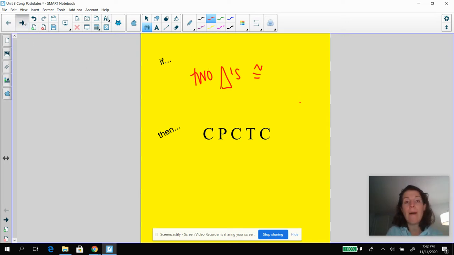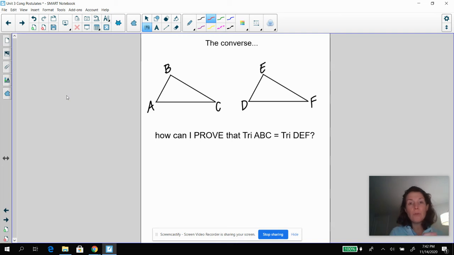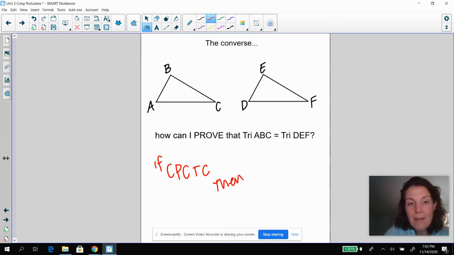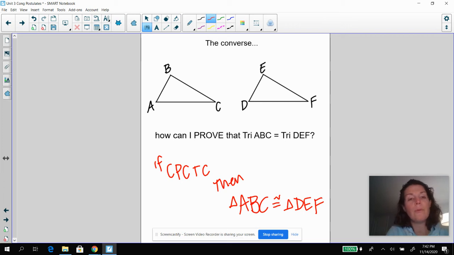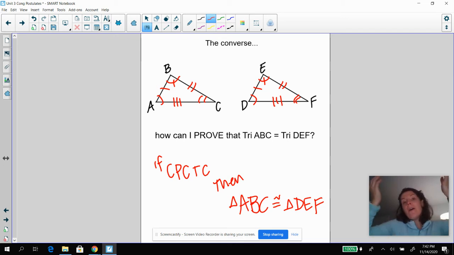So now we're going to talk about the converse. So before it was if two triangles are congruent, then CPCTC. So the converse of that would be if CPCTC, then triangle ABC is congruent to triangle DEF. So if I can prove AB is congruent to DE, BC is congruent to EF, AC is congruent to DF, and angle A is congruent to angle D, B is congruent to E, and C is congruent to F. If I can prove that all of those corresponding parts are congruent, then I know that those two triangles are